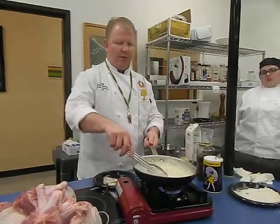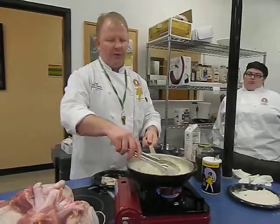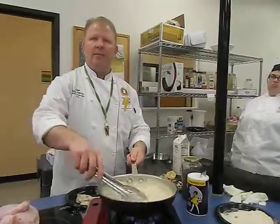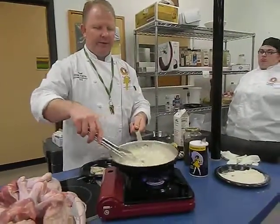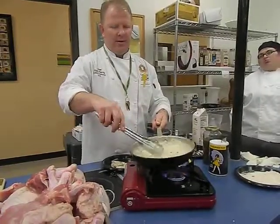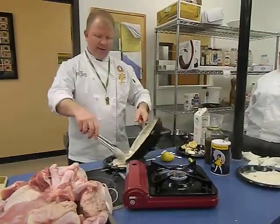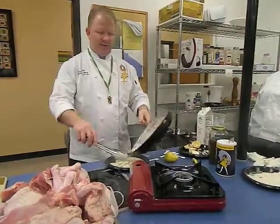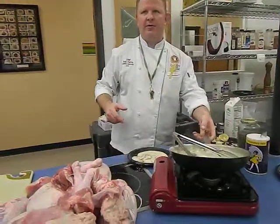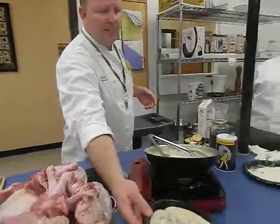I'm going to whisk cold butter into this. So I can use a whisk, or I can just use my tongs and go down. You said we could use a whisk. Okay, you can use a whisk. You don't have to, but you can. The idea is to incorporate the butter into the sauce itself, like that. Then I've enriched it. Make sense? Yeah, chef. All right, if y'all want to taste that, it's right up front here, and I'm going to continue to